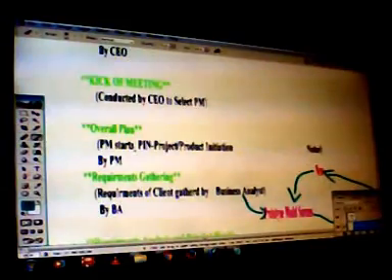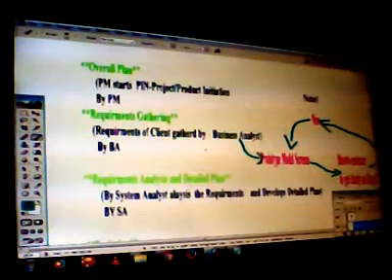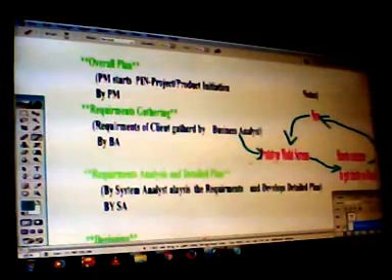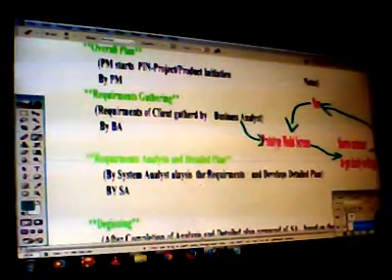Initially, it starts with business software bidding, then a kick-off meeting for selecting the PO. Then in the overall plan, the PO is going to start the project initiation notes. After that he is going to gather the requirements. In requirement gathering, the business analyst provides the screens in this prototype model, which are useful to the customer for getting clarity on his requirements, as he was not clear.